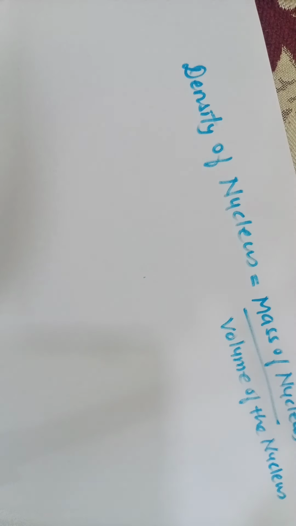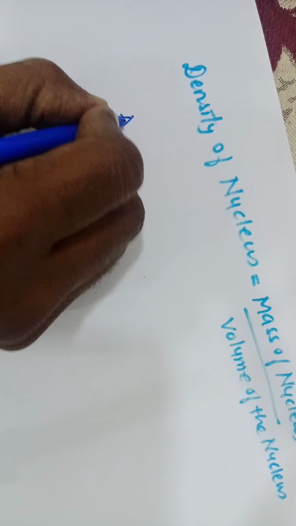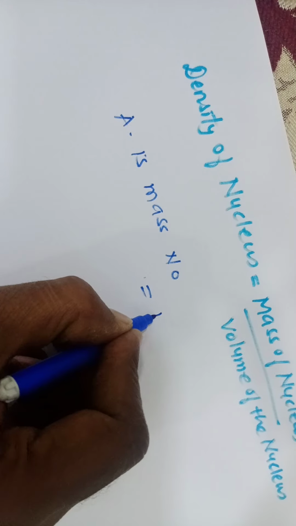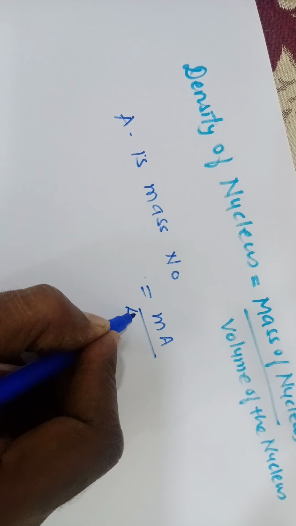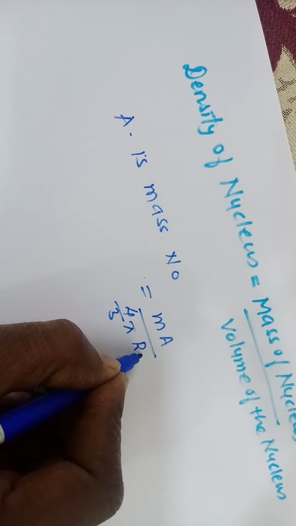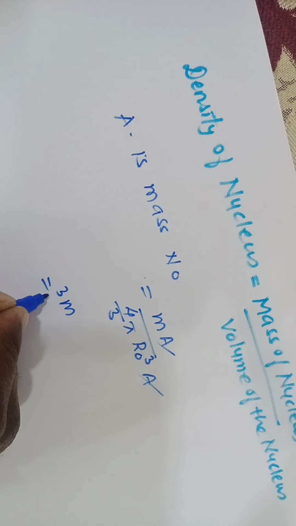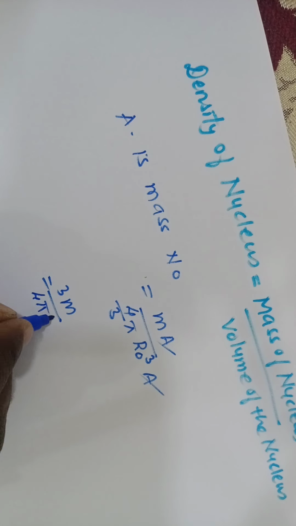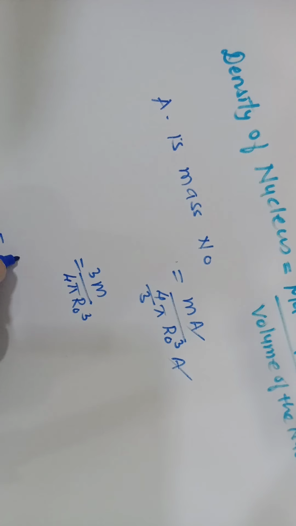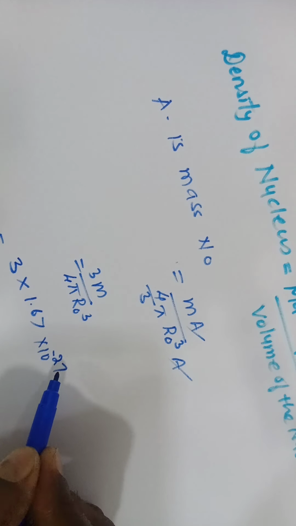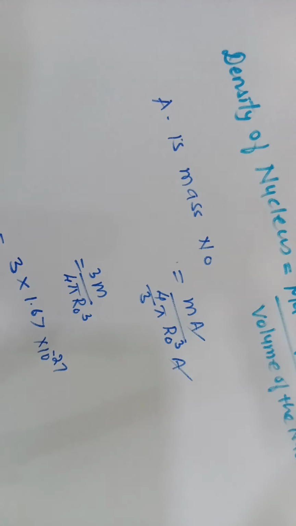Suppose A is the mass number. If A is the mass number, then the mass of the nucleus will be mA upon 4 by 3 pi R0 cube into A. This A cancels, and the 3 will go up, so it will be 3m upon 4 pi R0 cube, and we can put the values here: 3 into mass 1.67 into 10 to the power minus 27, divided by